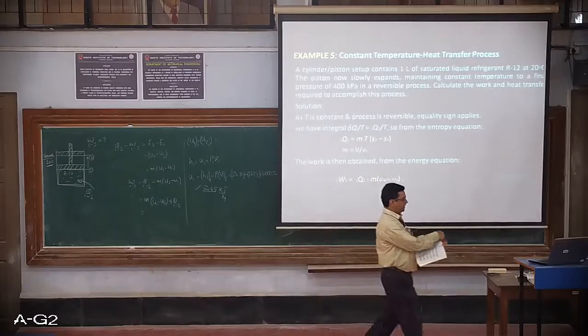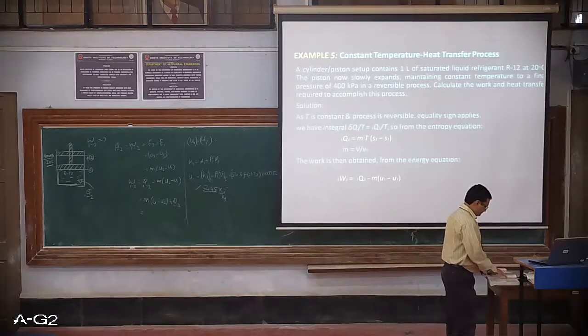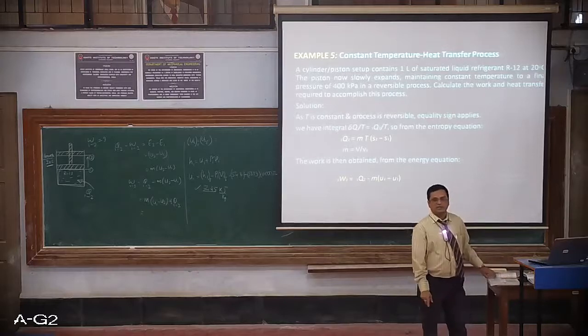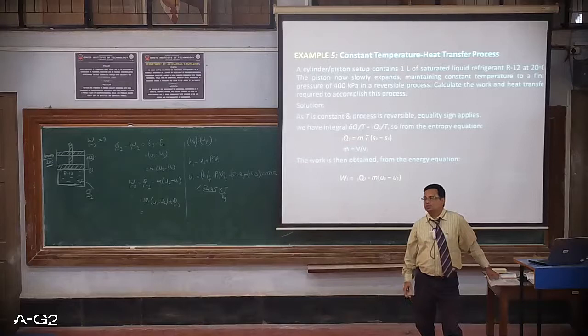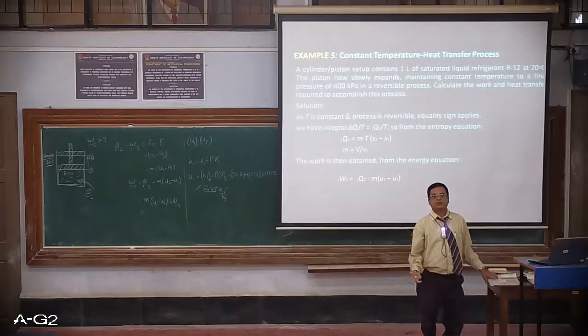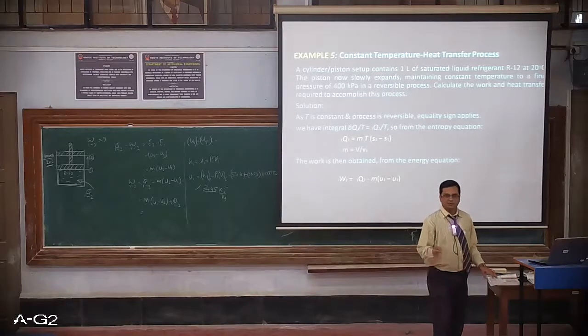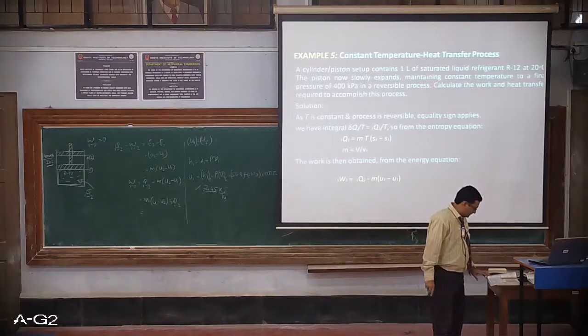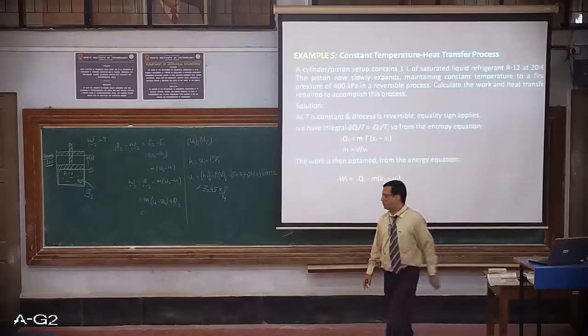So this is how we can obtain the value of specific internal energy. Now this is at state 1. At state 2, this is a bit complicated because for all the properties we need to go for interpolation and get the values. That is time consuming, but we can work it out later. The value of U2 obtained is 180.52.